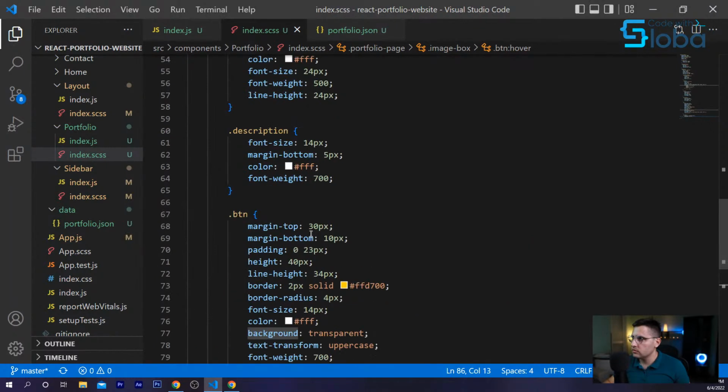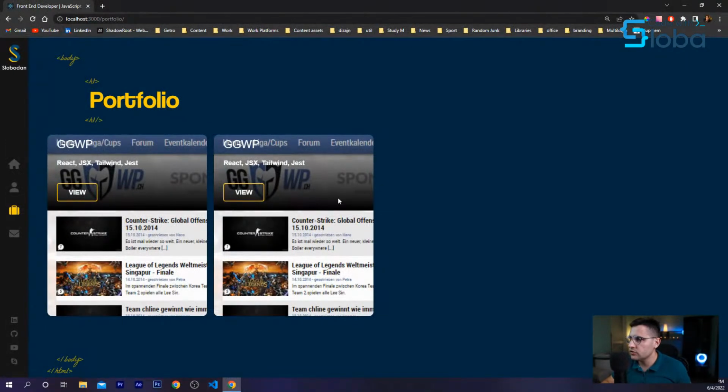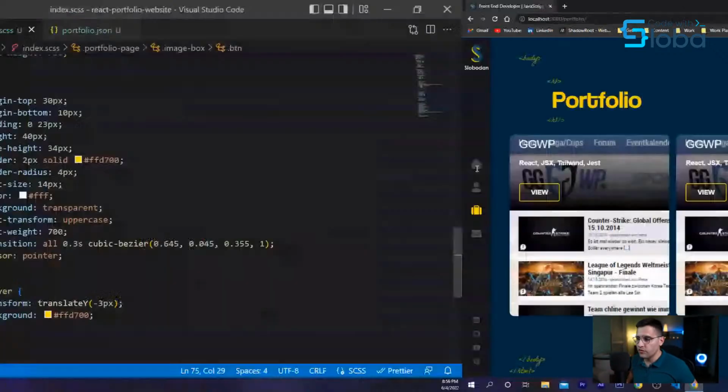Cool. Now, what I want to do is add a little bit of styles to our image box. So I want to add an overlay once you hover over this image box. It should be used to separate better the content that we have on top and content that we have on the bottom. So as you can see now, it's really hard to understand and read this text. So if we add a little bit of overlay and some gradient, it will be much more visible.